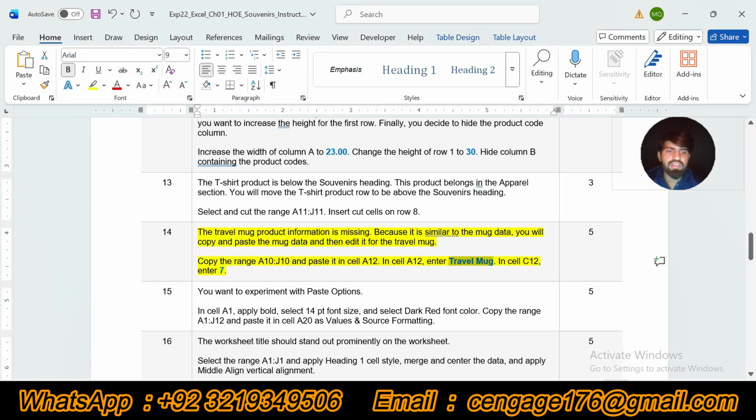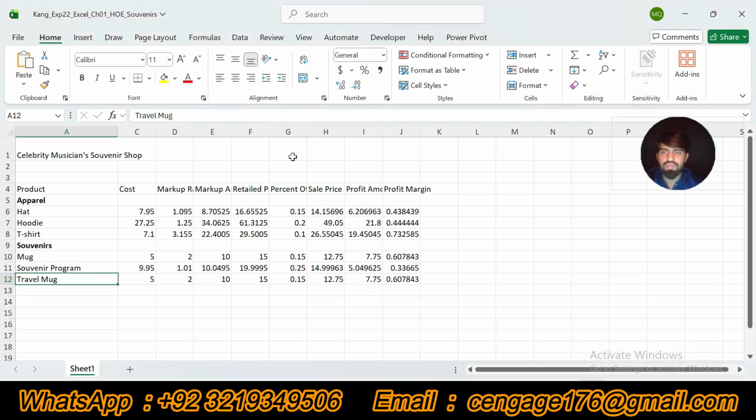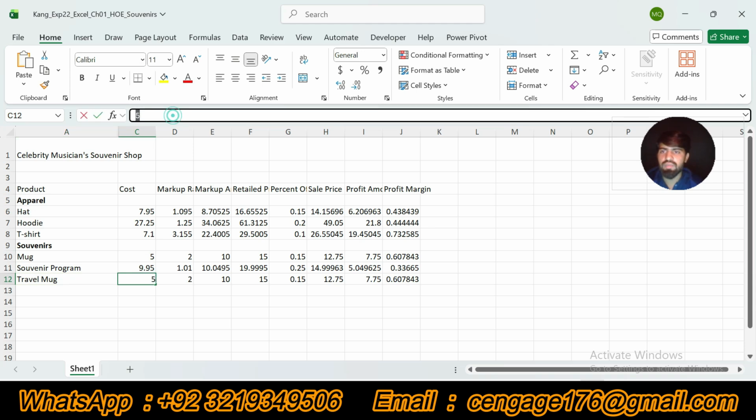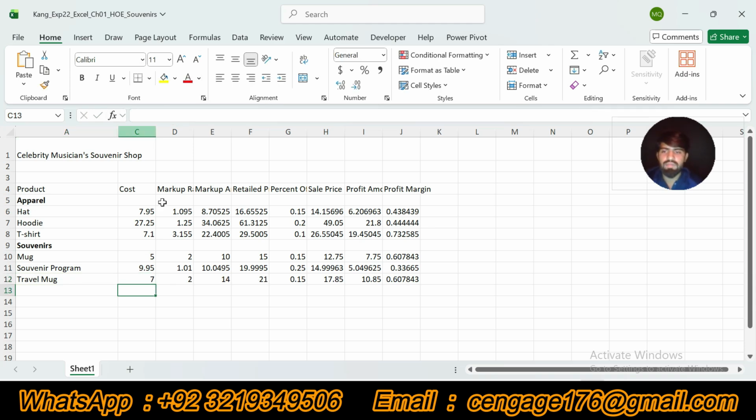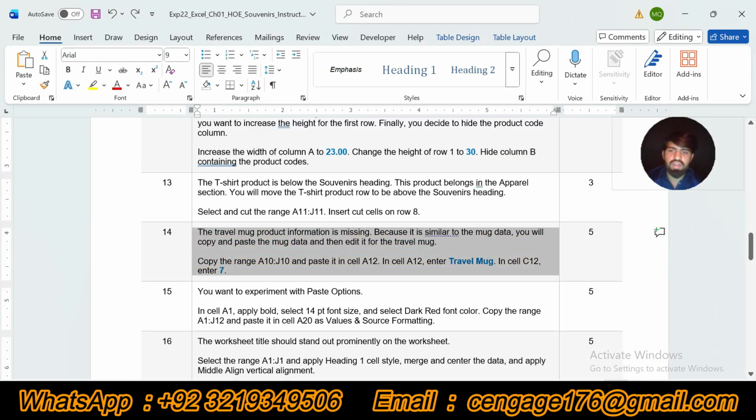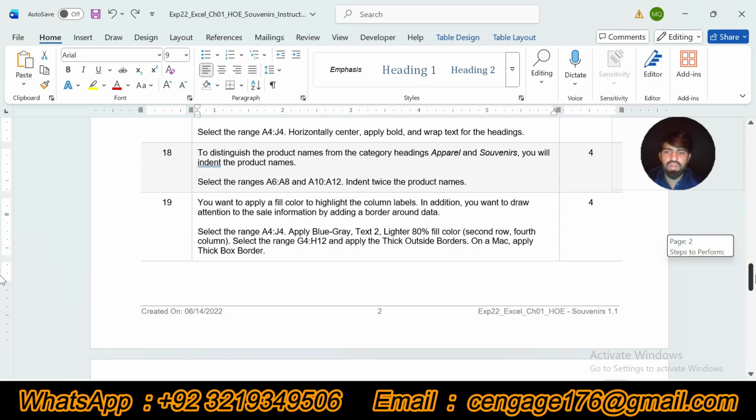And then in cell C12, enter 7. We will select cell C12, this one, and then we will type 7. Okay. So our step number 14 is done,